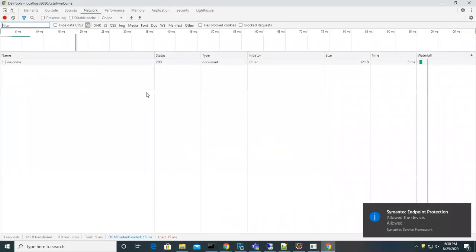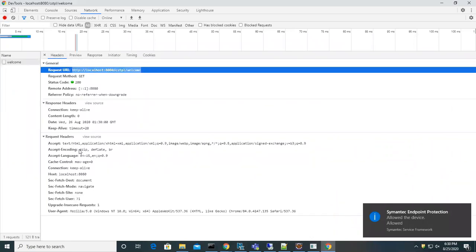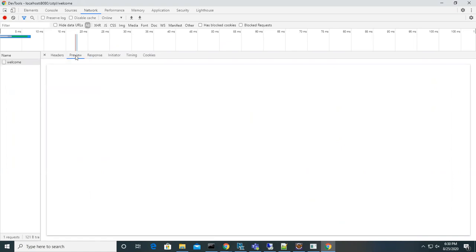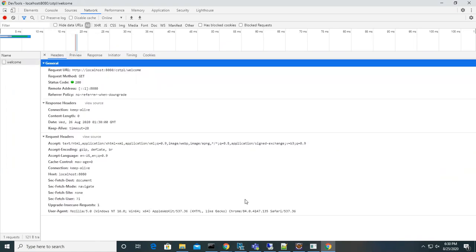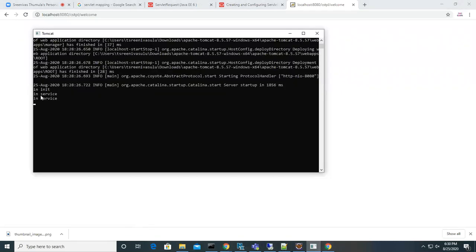Look at this. The path we gave, the same path it got, as the request. But a response, we didn't get anything. We got empty. Am I right? That is the reason the response is coming empty here. Now look at the back end, at the server level.